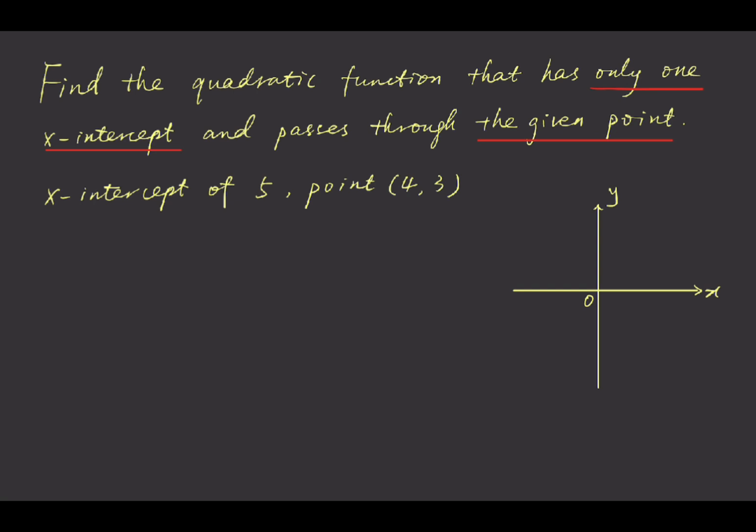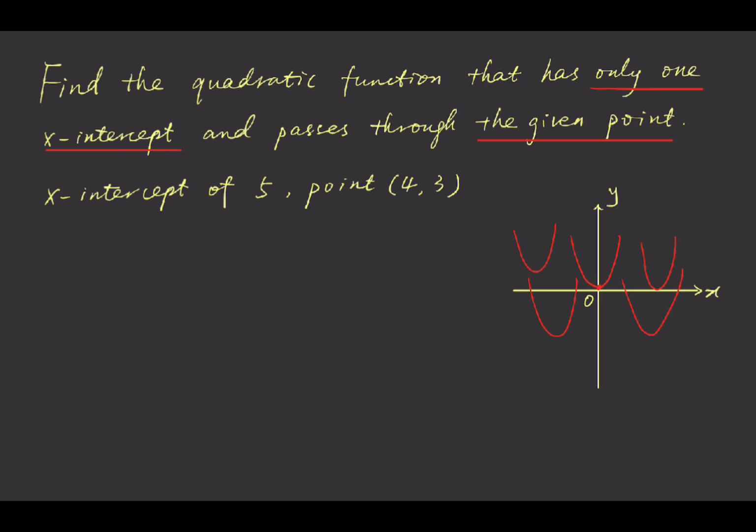So perhaps the graph is here, here, here, or here. We know for this situation, this function has no x-intercepts, and for this situation, this function has only